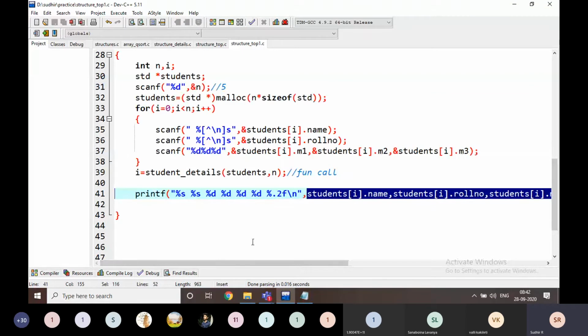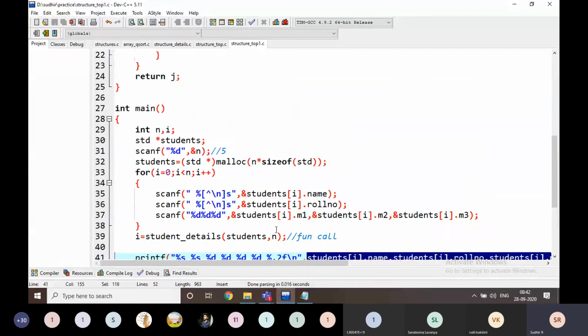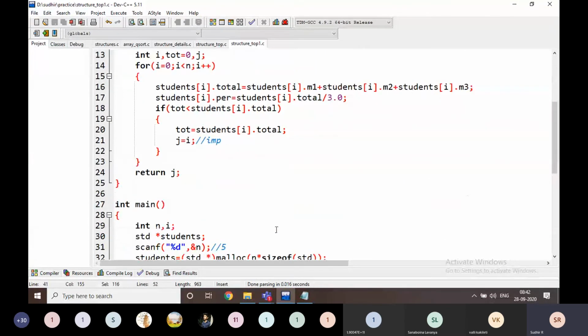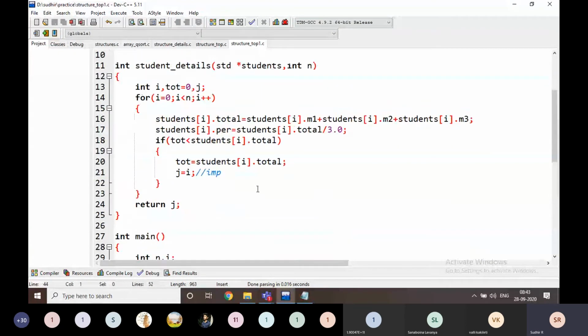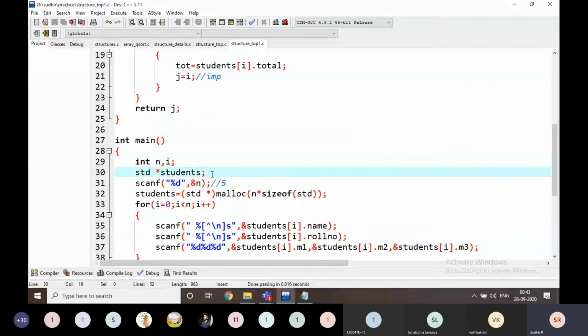Based on the question, we are going to return the data here. Do you understand what I'm doing here? What is the difference between the last program and this program? To maintain the topper data in another variable is no need, that is some memory wastage, right? There is no need to store the topper data into another variable.